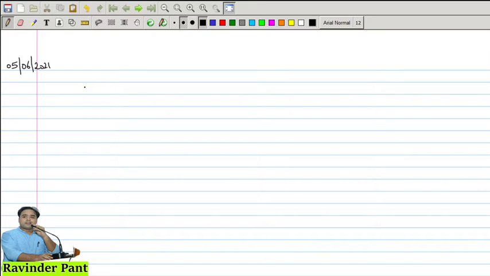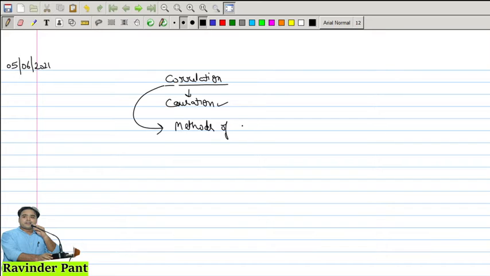So we discussed correlation. We discussed what this correlation is. We discussed causation. Then we discussed methods of determining or studying this correlation,